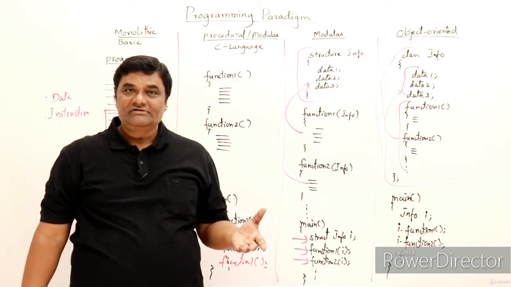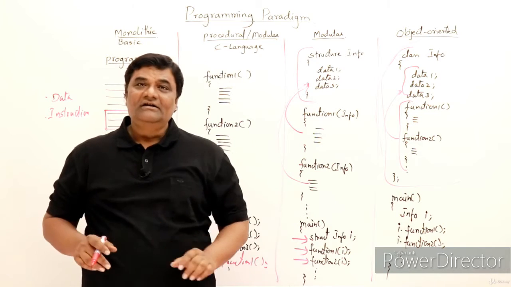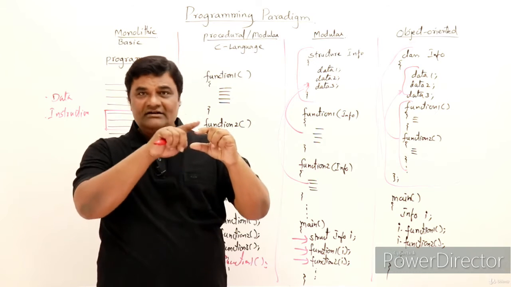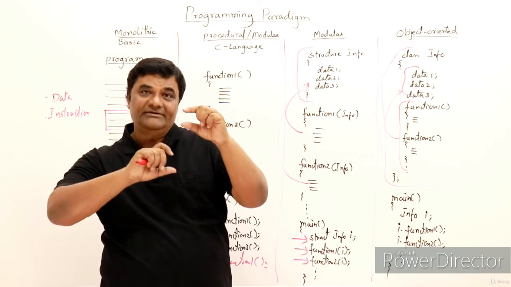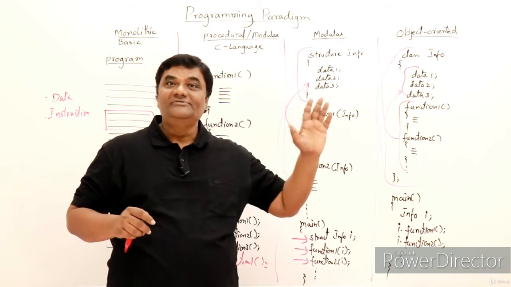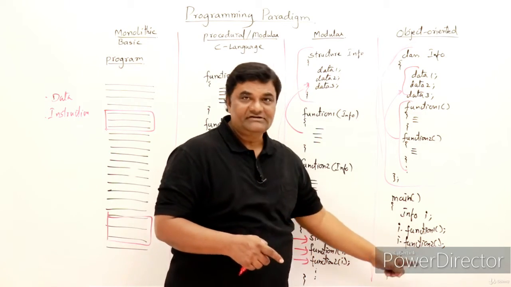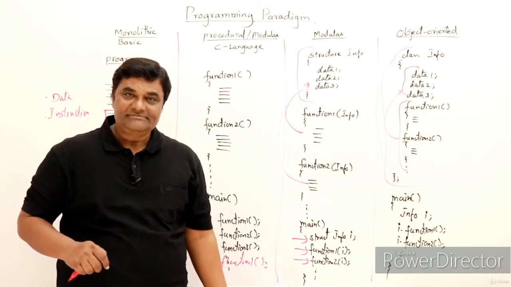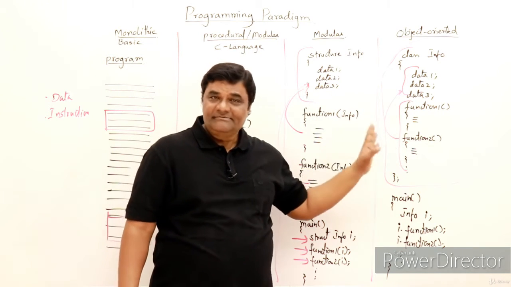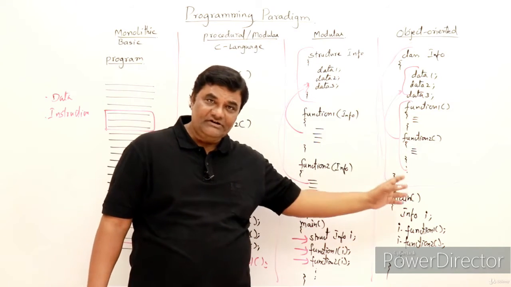So this is a new approach. Modular programming was having data separate, functions separate. And in object orientation, we say that you keep the data and the functions related to that data together and define it as a class. This approach is object oriented, and we can create an object of that class and call the functions. This is what is used in C++ and Java and other languages. So this is the latest method, the present method that we are following, that is object orientation, right? This is what we are going to learn.